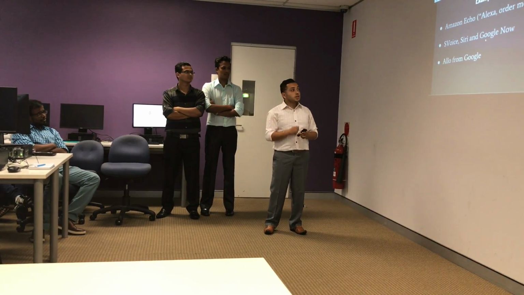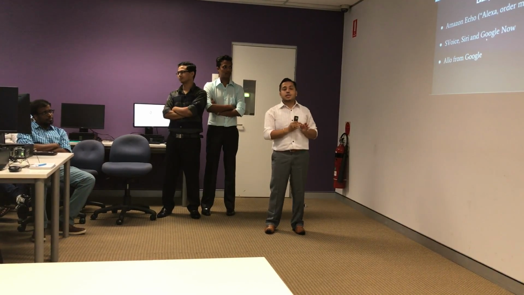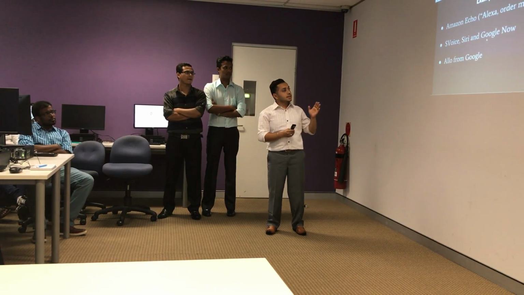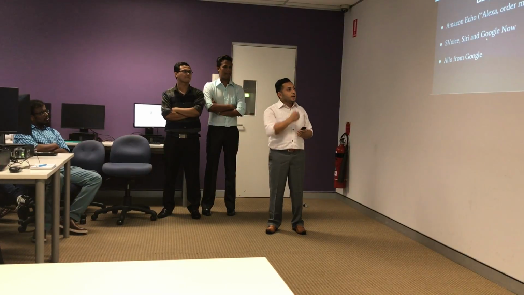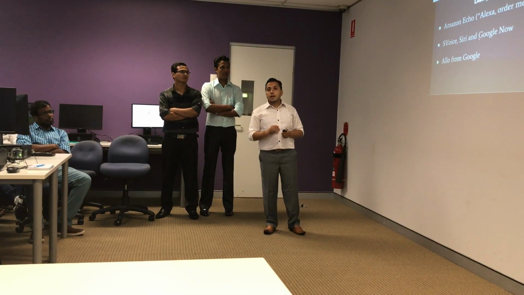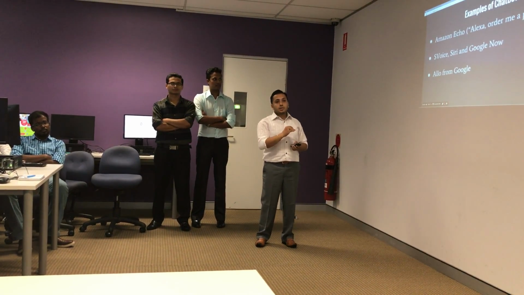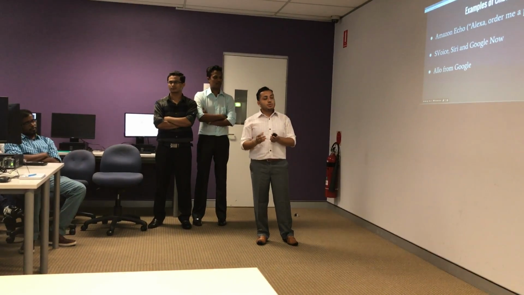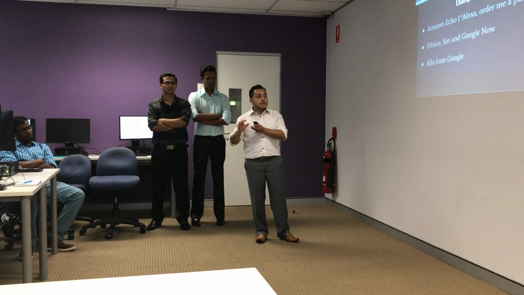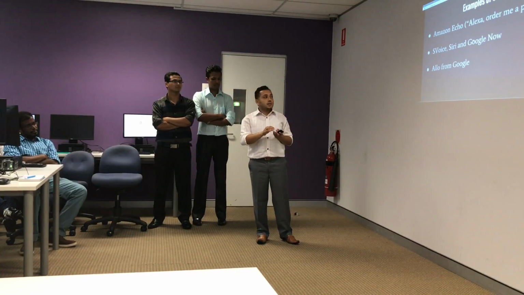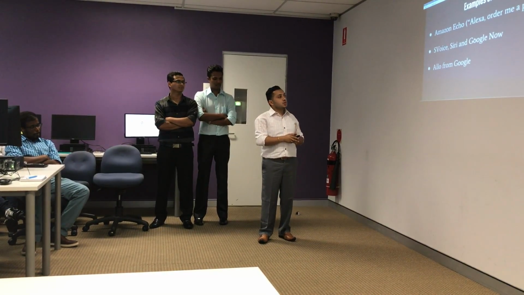The last one is Allo. It's a messaging app from Google. It basically has two sections. The first section is Google Assistant, which is pretty similar to Google Now. The second section is messaging, and this portion has an interesting feature: it can intelligently find interesting responses that a user can give when somebody sends you a text through this messaging app. They are predefined, so it can learn how a user can respond to certain things.